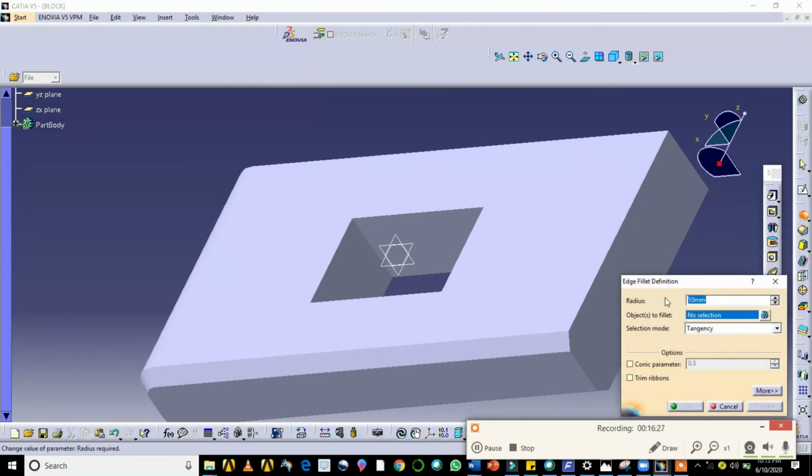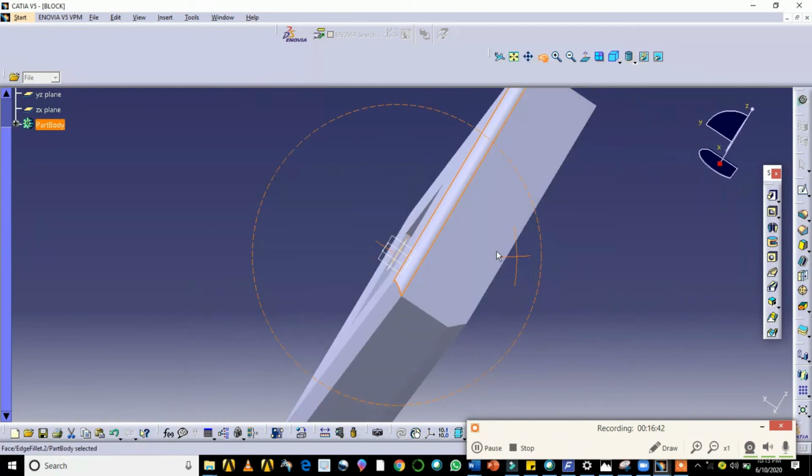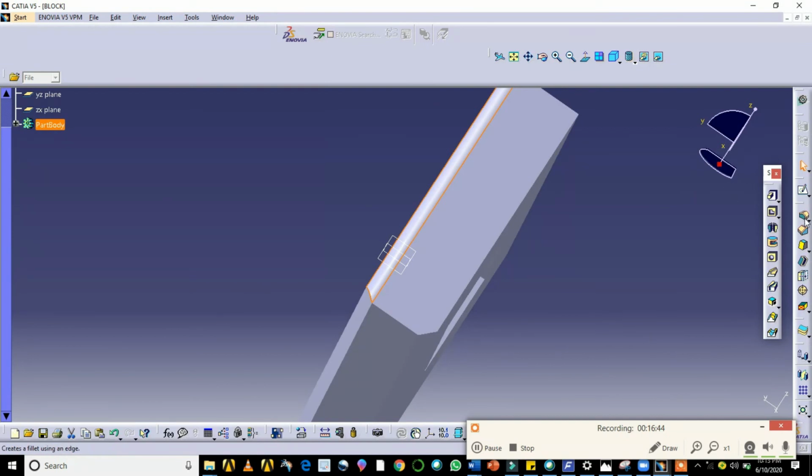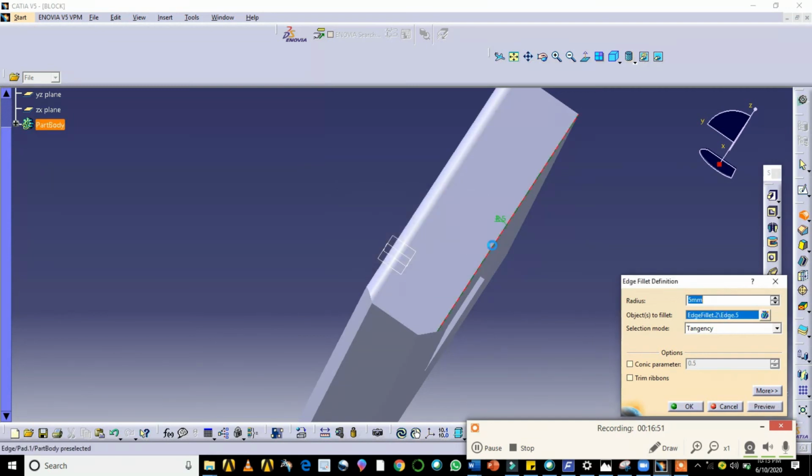Edge fillet. Select this. How much do you want? You enter here. 5 mm I want. See here, a fillet is produced here. Similarly, if you try to produce the fillet here, you can select this edge also. Select the edge fillet. Select this.